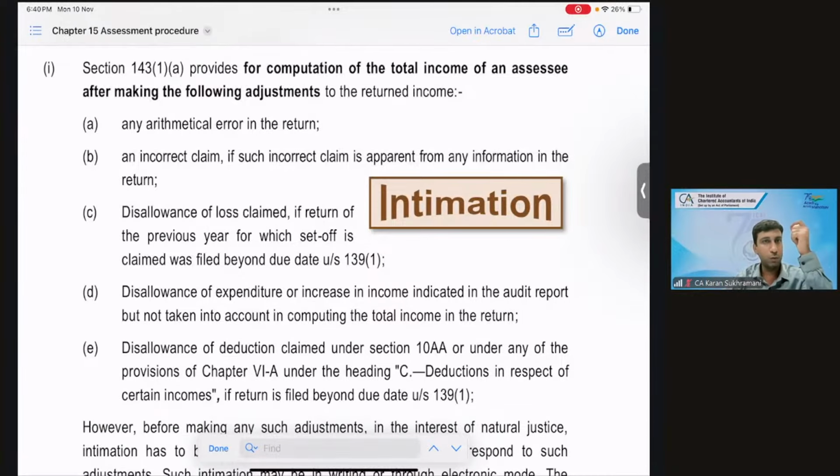Now, one of the most important aspects here is that what is common among all of them is that it is merely based on what the system or a computer can identify. Arithmetical error means totaling errors. Incorrect claim, if it is apparent from the intimation in the return of income. So if there is any claim of expenditure or any deduction which apparently seems to be wrong,